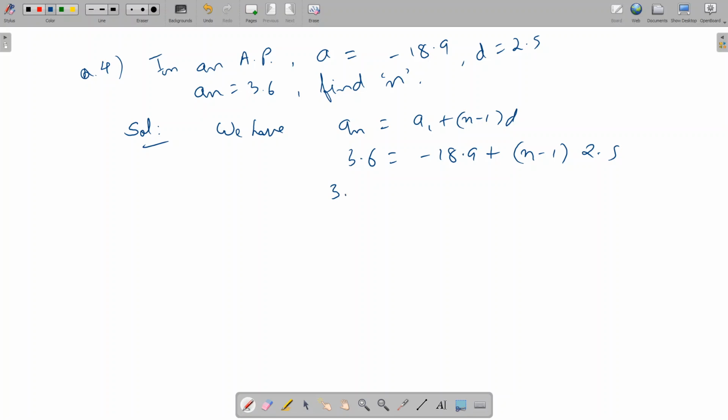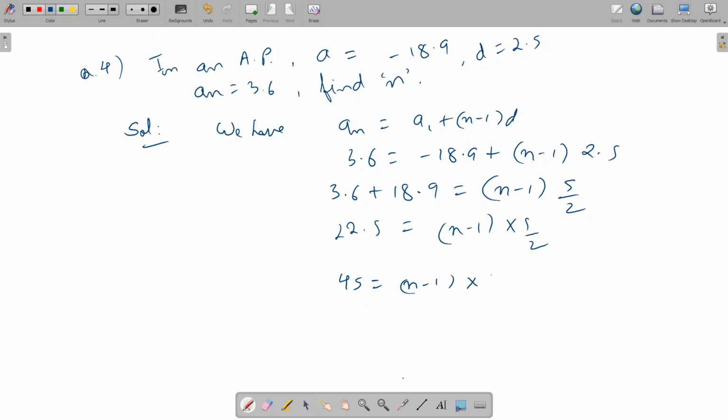So this will give us 3.6, plus minus 18.9 will take the other side, will become plus 18.9, equal to n minus 1 into 2.5. 2.5 we can write as 5 by 2, and on adding this we will get 18 plus 3 is 21, and this will give us 1.5. So 21 plus 1.5 is 22.5. So that is what we get, 22.5 equal to n minus 1 into 5 by 2. On cross multiplication this will become 45 equal to n minus 1